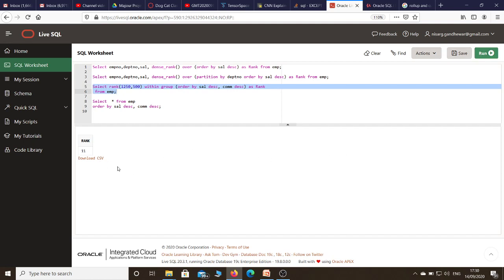So this is how the rank and dense rank functions work. I hope you understand how the rank function works, how the dense rank function works, what the limitation of the rank function is, and how it can be overcome with the dense rank function. So if you want Olympic wise ranking, you have to make use of the rank function, and if you don't want Olympic wise ranking, you should go for the dense rank function.